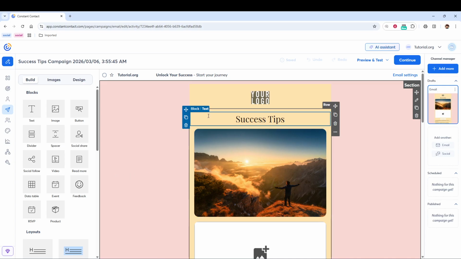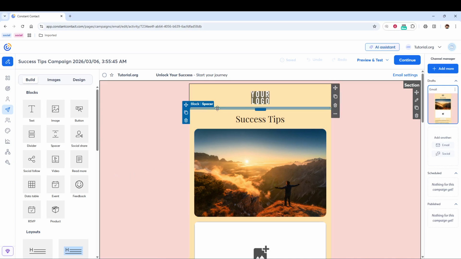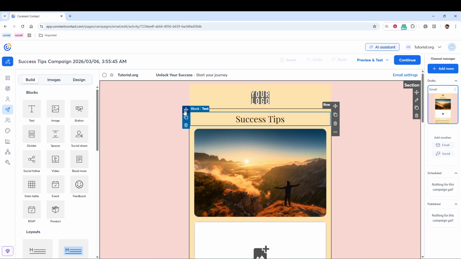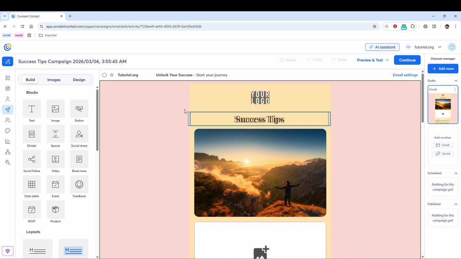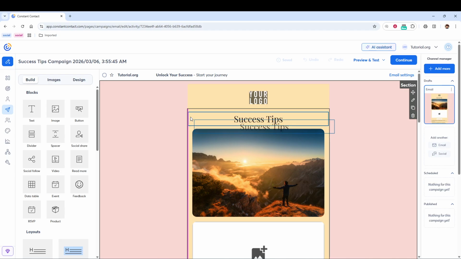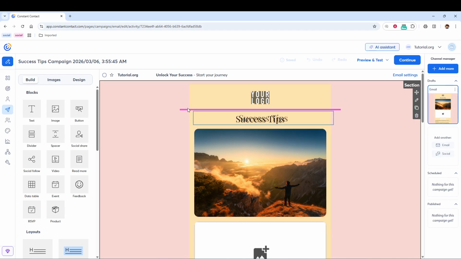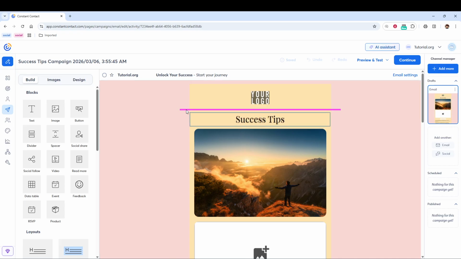targeting. Now, look for the stack icon on that block. It is the move handle, and it usually looks like a 4-directional arrow. Click and hold your mouse button down on that icon. Keep holding it, because releasing too early may stop the move action and leave the block in the same place. If you are having trouble grabbing it, position your cursor directly over the icon until it is clearly active, then